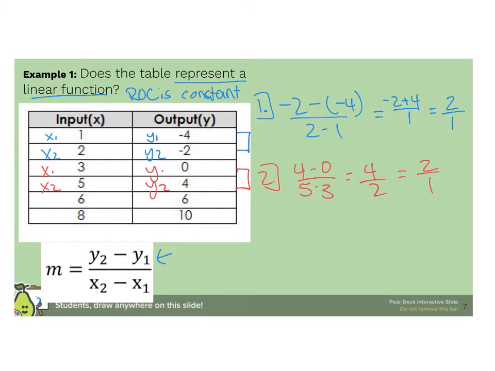So let's find the third slope. I'm going to use these last 2 points because why not? x1, x2, y1, y2. So for my y's, I have 10 minus 6. For my x's, I have 8 minus 6. This gives me 4 over 2. So yes,